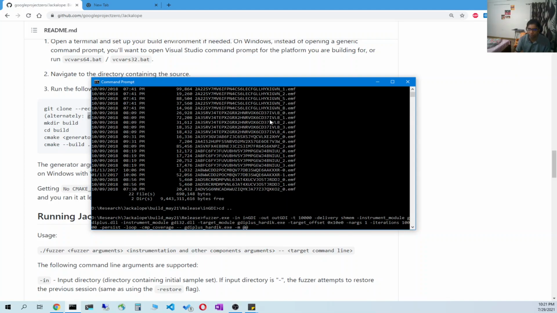You have to give the offset of the first function which you want to fuzz over here. -nargs is 1 because our function takes only one argument. -iterations, that is I think 1000, the number of iterations before it creates a new process. Then -persist, so we are using a kind of persistent mode over here. And -loop, -cmp_coverage. So this cmp coverage is used for compare coverage, as I mentioned, right?